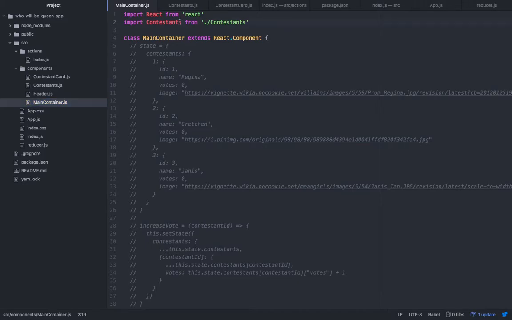So no longer am I importing contestants. I can keep them called the same thing, but just for clarity of this example,